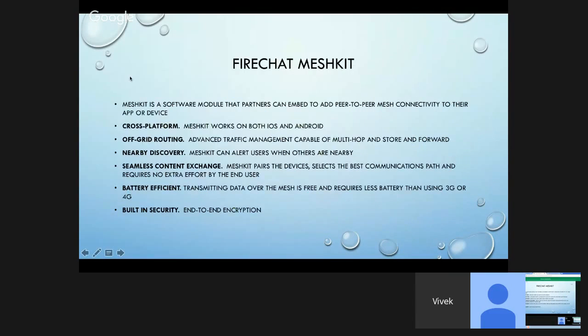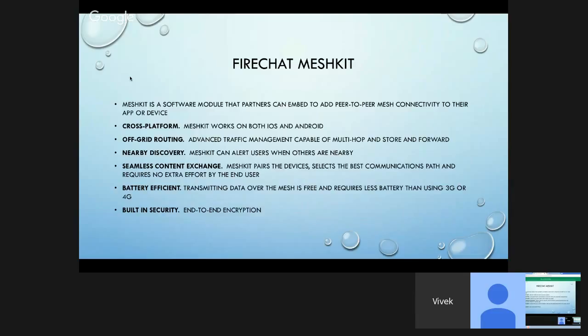And FireChat has now opened itself up to make it pretty much open source so that other people can use FireChat's mesh kit and implement it into their app. A mesh kit is a software module that partners can embed to add peer-to-peer mesh network connectivity to their app or device.